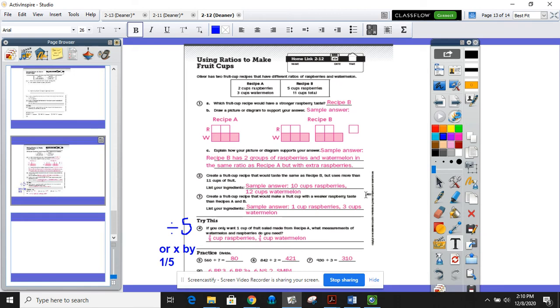Number 2, you had sample answers. You're figuring out equivalent ratios. You can have 10 cups raspberries to 12 cups of watermelon, because remember, B is a 5 to 6 ratio. 6 watermelon here. You had to figure out that by taking 11 cups total minus the 5 cups. Number 3, you have a ratio of 1 cup raspberry to 3 cups watermelon. And then lastly, to find number 4 here,